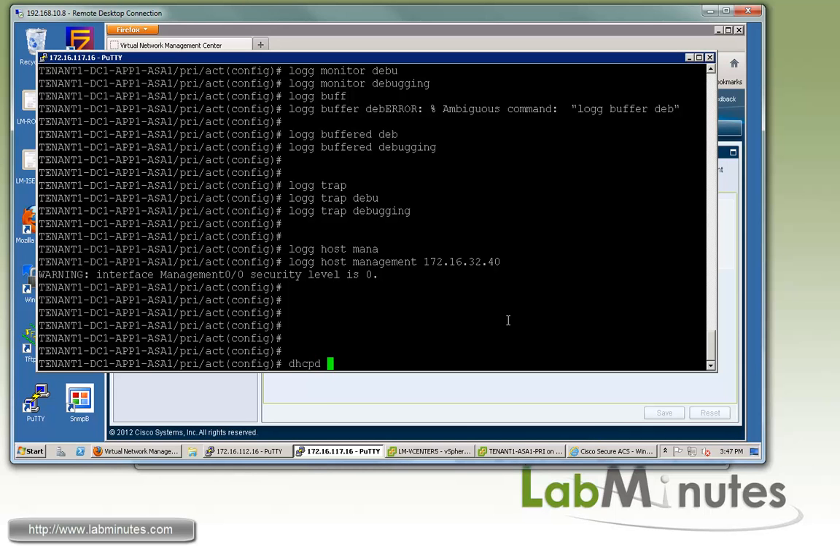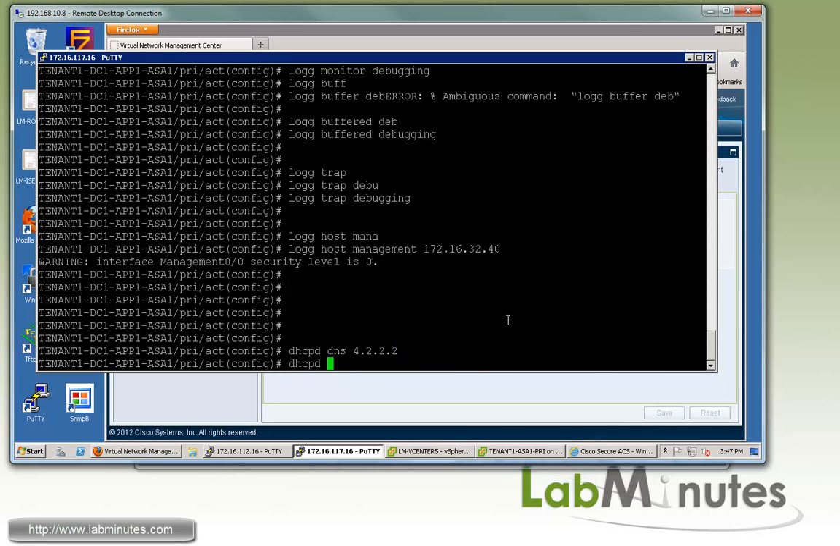Okay. Next, we're going to configure the DHCP, or make the ASA a DHCP server. So if you did not have a dedicated DHCP server in your virtual data center environment, then you can certainly use ASA for that purpose. So first, specify a DNS server. So you want to give it 4222. For the domain,